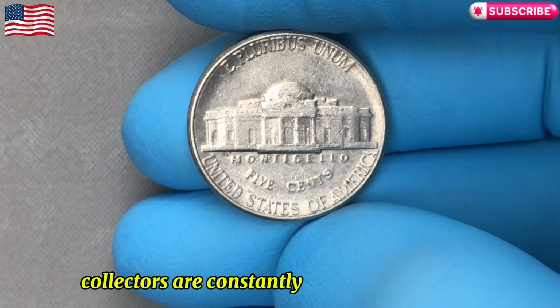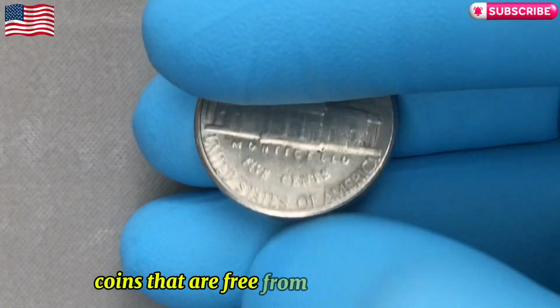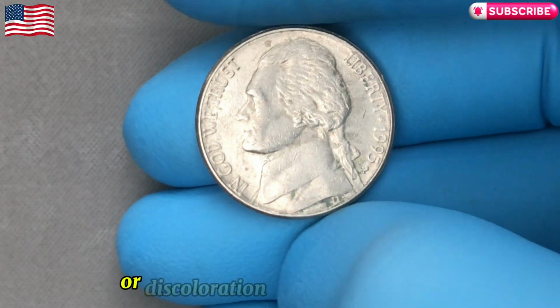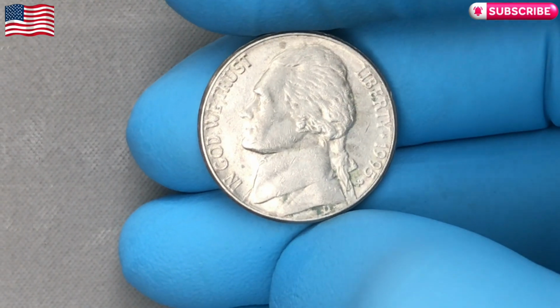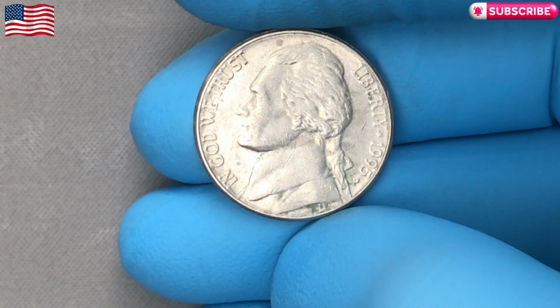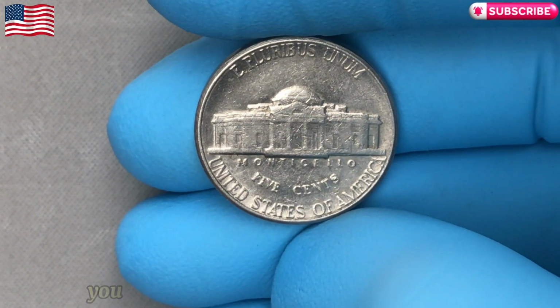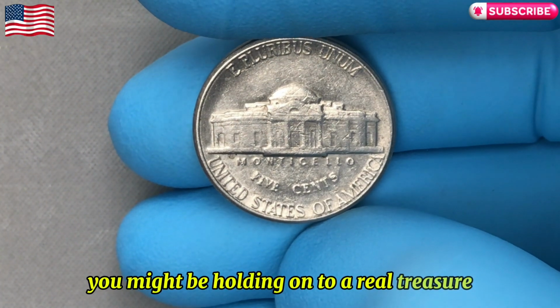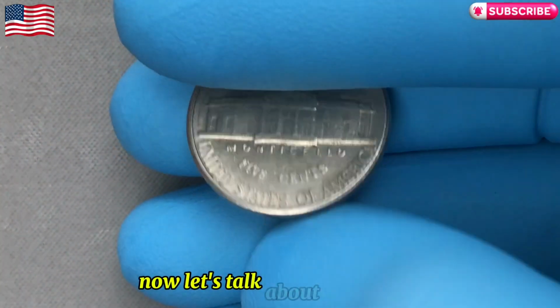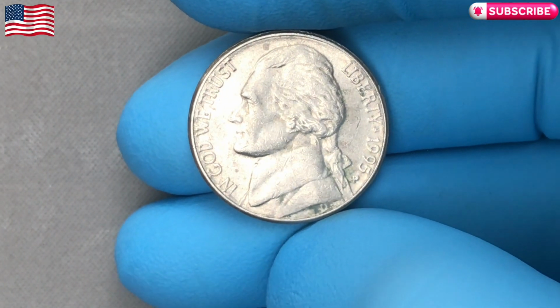Collectors are constantly searching for coins that have been well preserved. Coins that are free from tarnish, scratches, or discoloration are incredibly rare, especially when it comes to nickels that have been circulating for decades. So, if you've kept your 1995 nickels in great shape, you might be holding on to a real treasure. Now, let's talk about something that can really set your 1995 nickel apart from the rest: mint